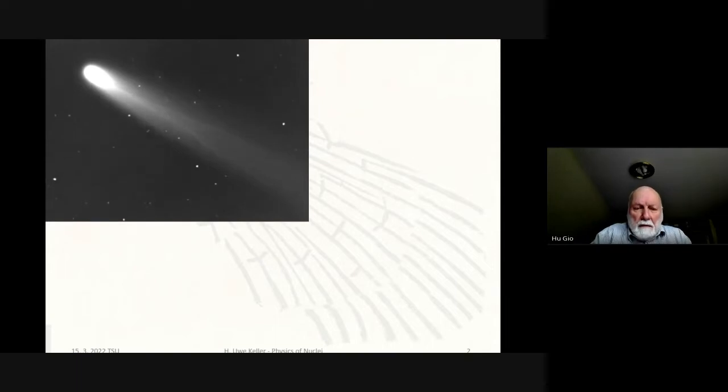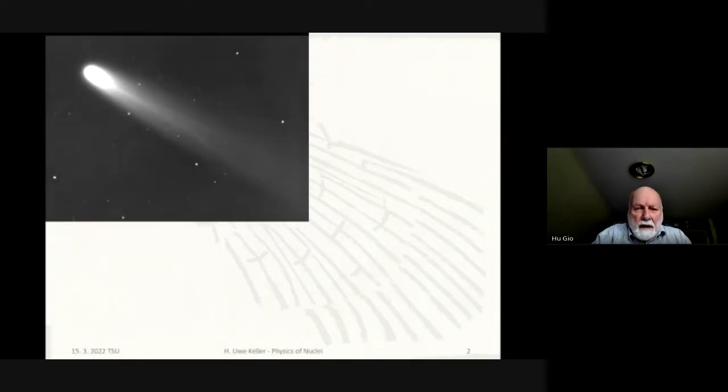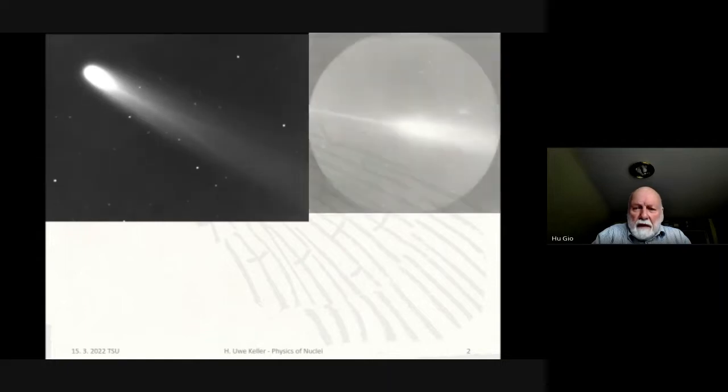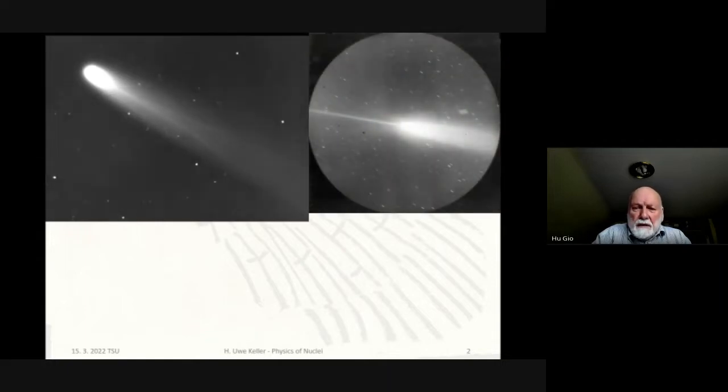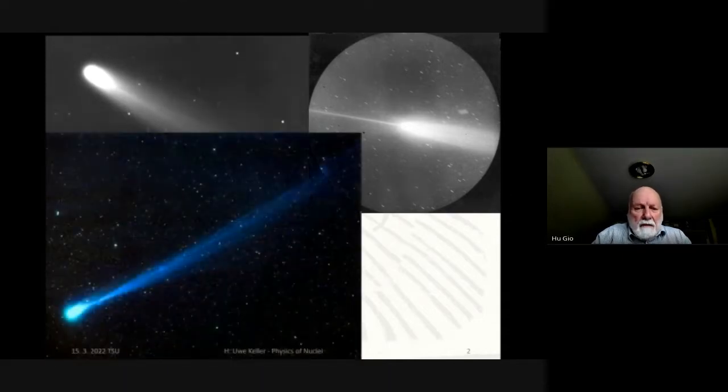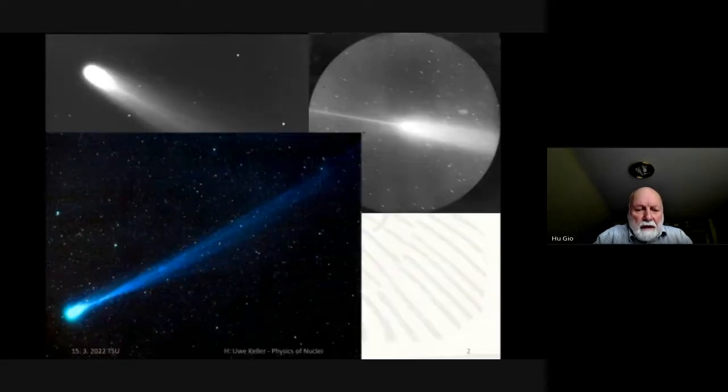All of you may have seen a comet in the sky. It's a very weak appearance. Usually you need a good night sky, but comets as they appear on the sky can be very, very large and have very different forms. Here you see an anomalous tail, which is a projection effect. This is a comet where you hardly see a dust tail. This is a blue tail because it's the ion tail, ions driven away from the nucleus by the solar wind. Dust is driven away, of course, by radiation pressure.